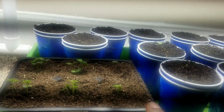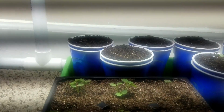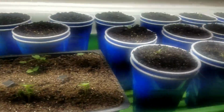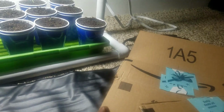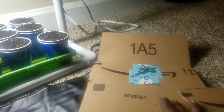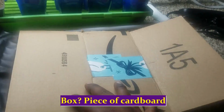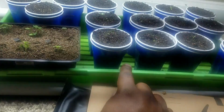I think this is a spinach or some type of brassica lettuce. Looks like maybe even kale. I think I'm going to set up the heat mat and show you how to set the temperature. If you don't have any temperature gauges or thermostat on your heat mat, the next best thing is to put a cardboard box onto your heat mat, so that it doesn't heat up your trays too much,